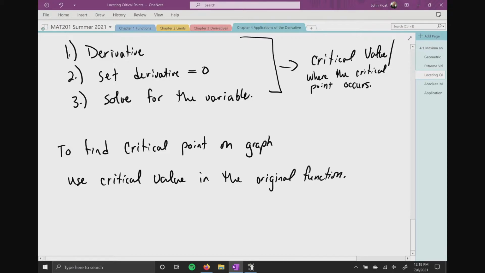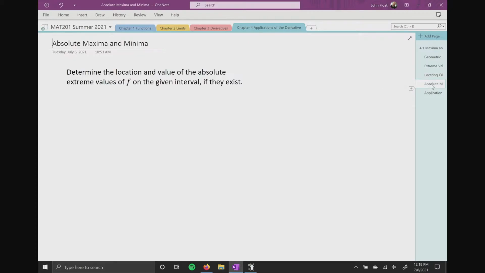All right. So now what we're going to do is we're going to take this idea of absolute max and mins along with the local max and mins and how do we find these critical values and everything. And we're just going to do a couple examples on actually determining all this stuff. So the directions: determine the location and the value of the absolute extreme values of f on the given interval, provided they exist. So the first example I want to do here, very simple one. F of x equals x squared minus 10 on the interval